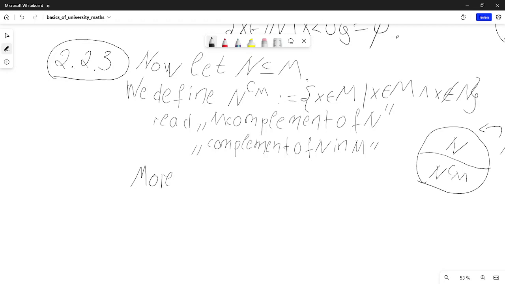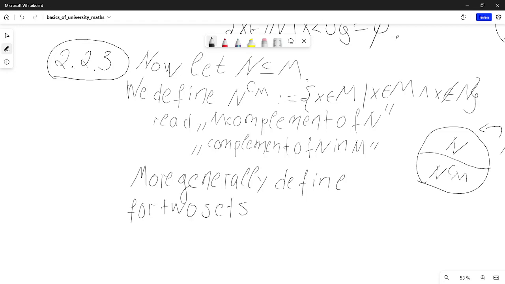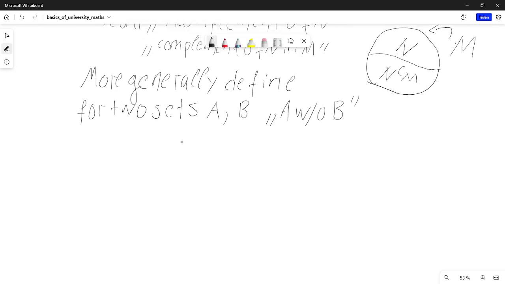More generally, define for sets A and B the operation A without B. That is how I write "without." You are probably familiar with this abbreviation. A without B as